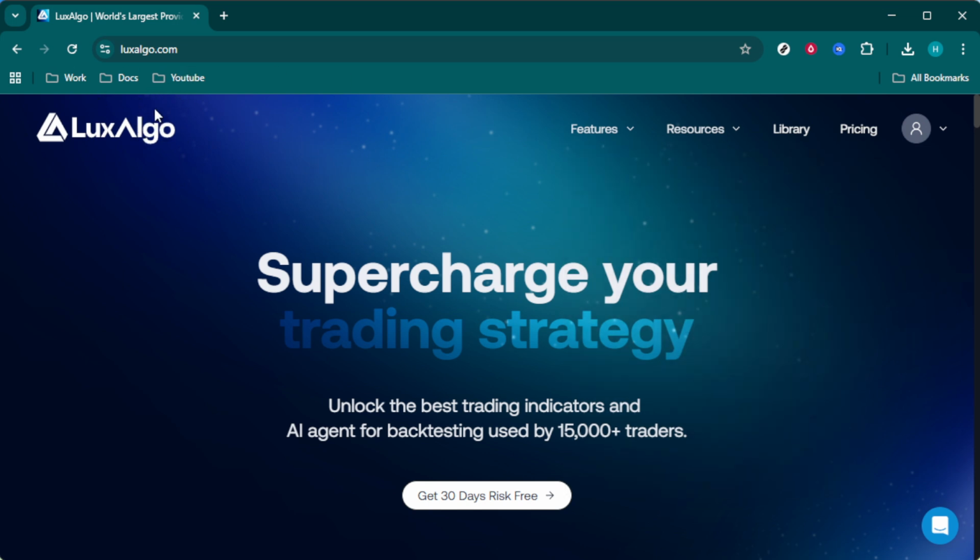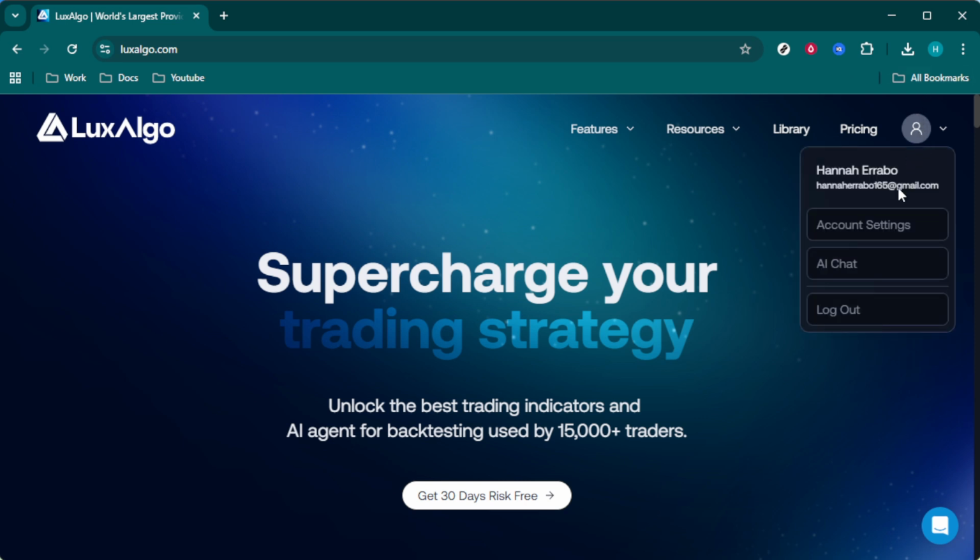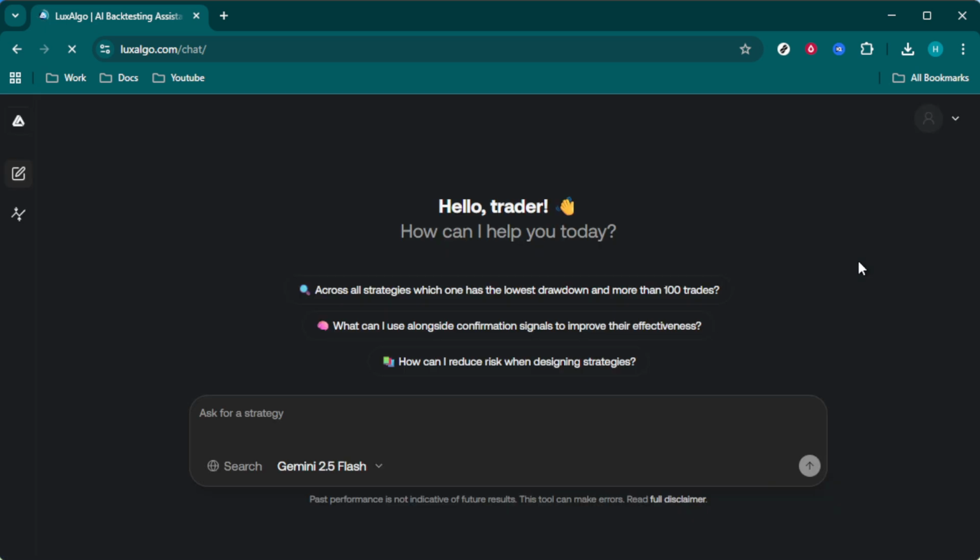This is where the magic of LuxAlgo's AI truly unfolds. The AI chat is not just a chatbot, it's a sophisticated engine that understands the intricacies of trading, allowing you to query and refine your strategies with AI-driven insights. By interacting with it, you'll gain access to tailored analyses and recommendations, which can help you develop or tweak your